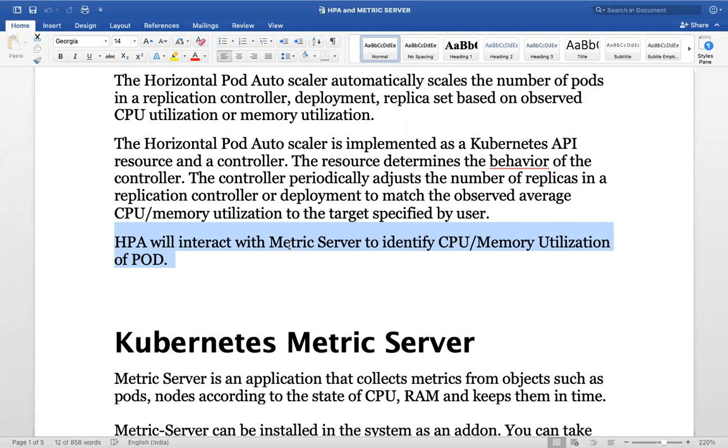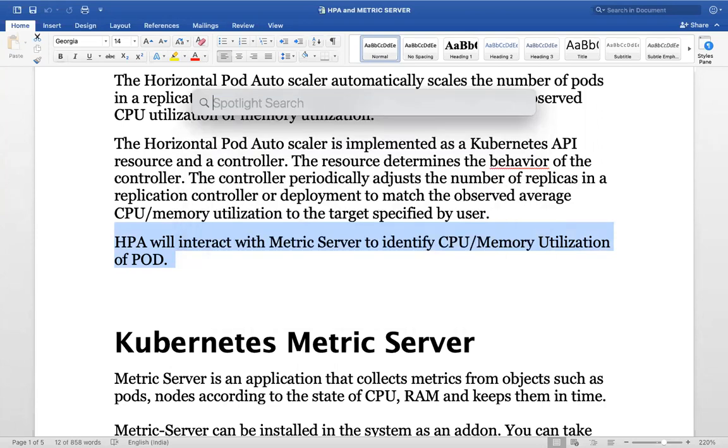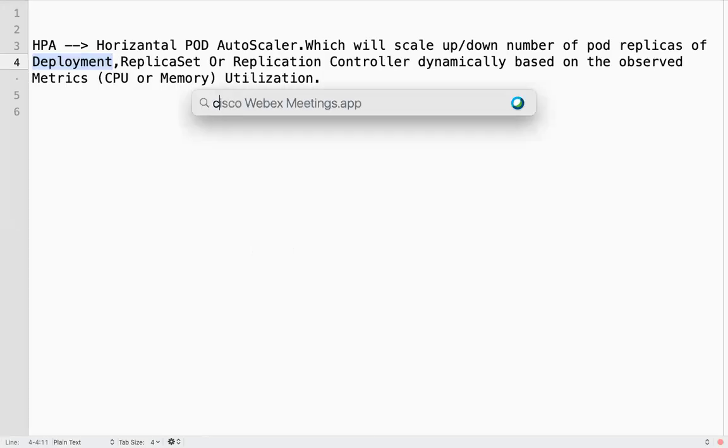By default, we don't have that component deployed.